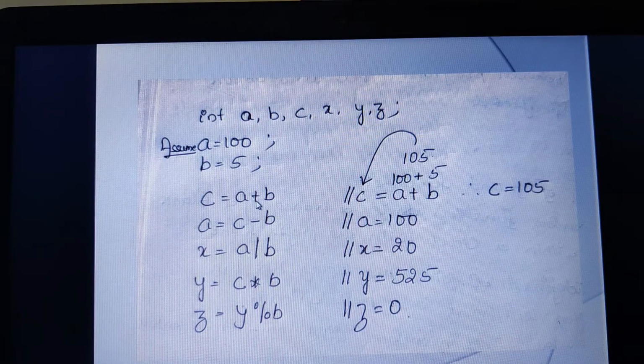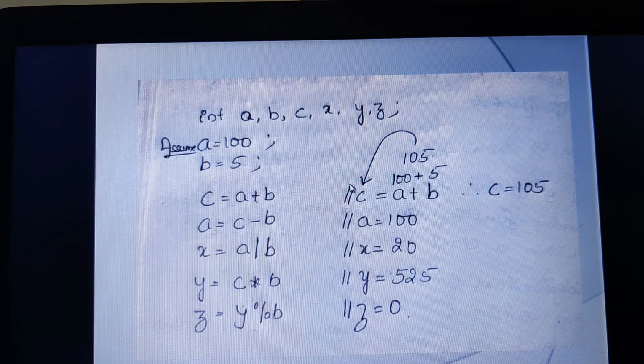Okay, the A plus B, the value that is calculated will be stored in the variable C. I hope now you are able to understand how this assignment operator works. So just for an example, I have even written here: the value of A will be replaced with 100, B will be replaced with 5. So 100 plus 5, 105 after calculation, that 105 will be moved into the variable C. Now, what you are seeing, these double slashes, this is nothing but a comment.